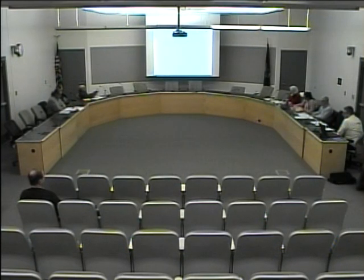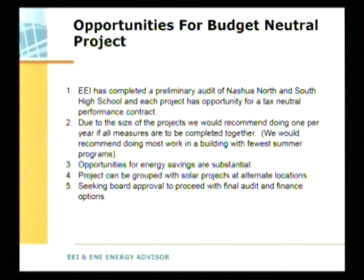So the way that would, again, work is that typically the annual energy savings that we've come up with is guaranteed, and then that money would be reduced from your energy budget typically, and then there'd be a finance charge of an equal amount. That's typically the way that works. I'll go through the spreadsheet in more detail later, but from a big picture, we identified $3.6 million worth of work at North and $3.8 million worth of work at South, which would reduce your annual energy costs by $224,000 a year. And you would be eligible for $400,000 in grants and